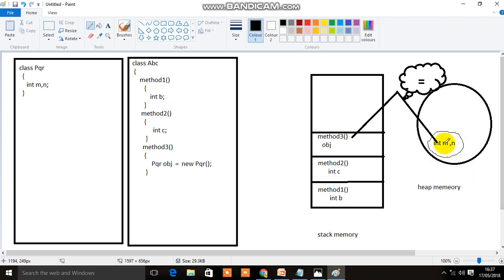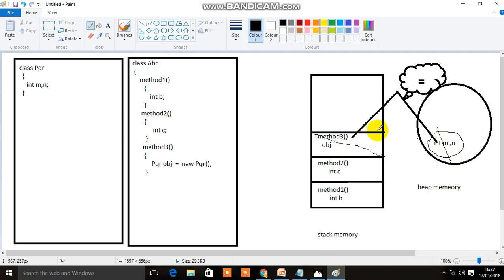After the completion of this process, since we all know stack follows push and pop operations, after the execution of this method, the job of this method is over and it is popped out of the stack. And when there is no reference object to point to this data, this also naturally goes out.